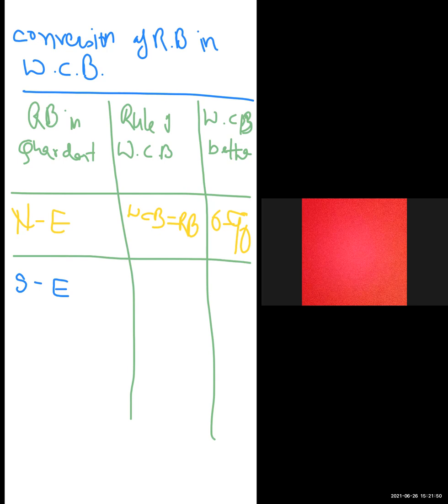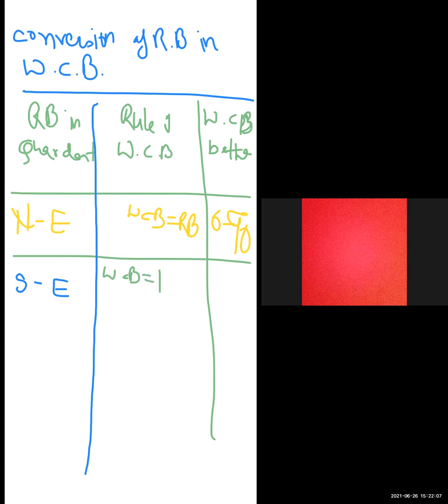then WCB equals 180 minus RV, and the angle is in the range of 90 degrees to 180 degrees. Similarly,